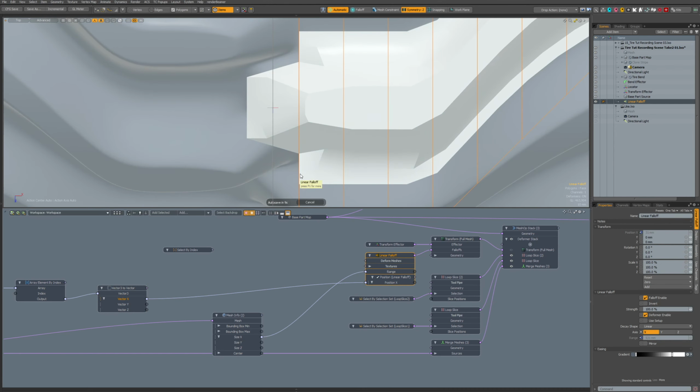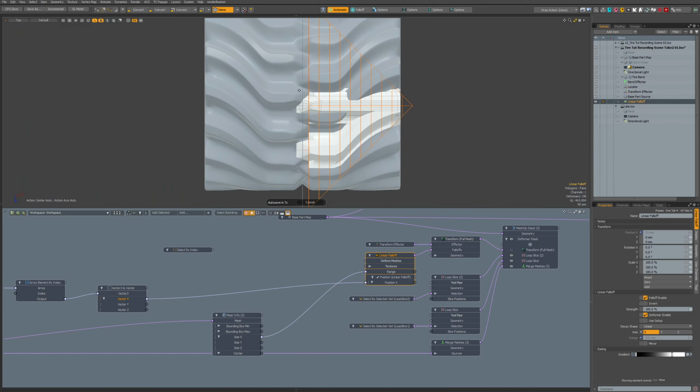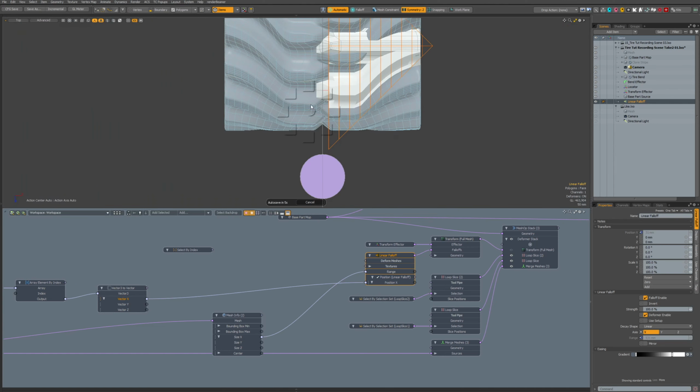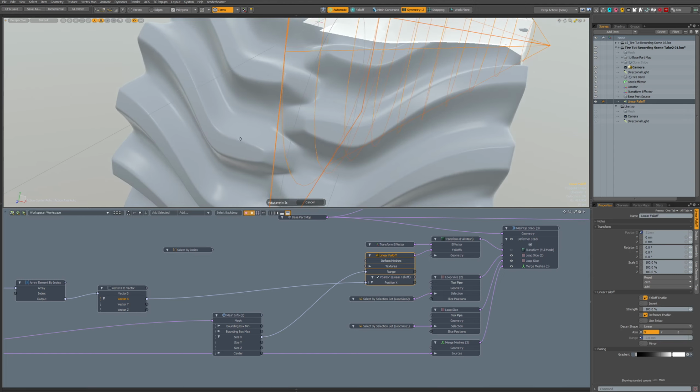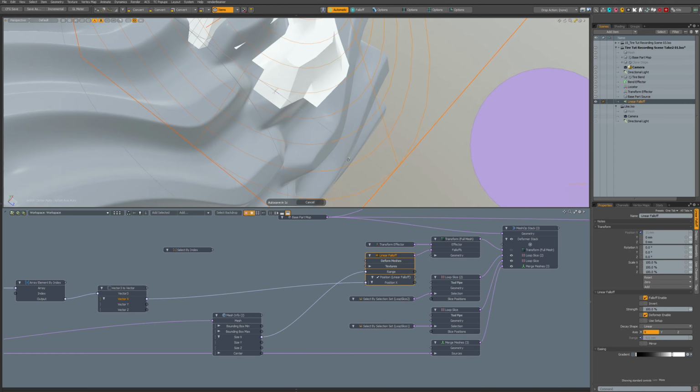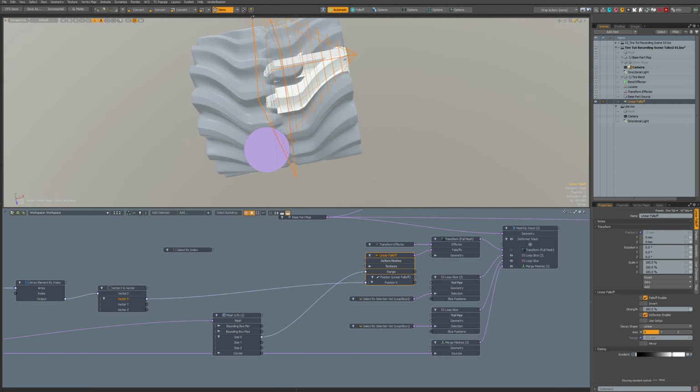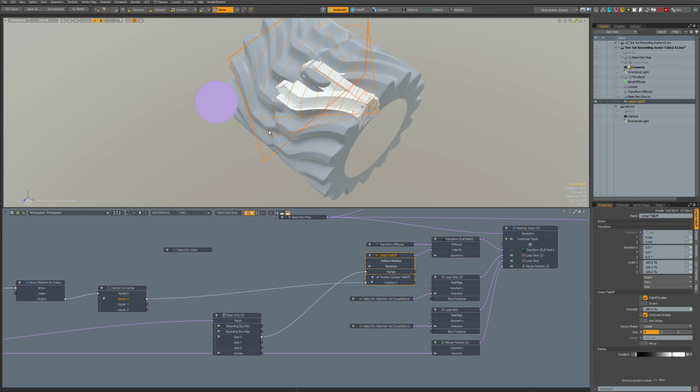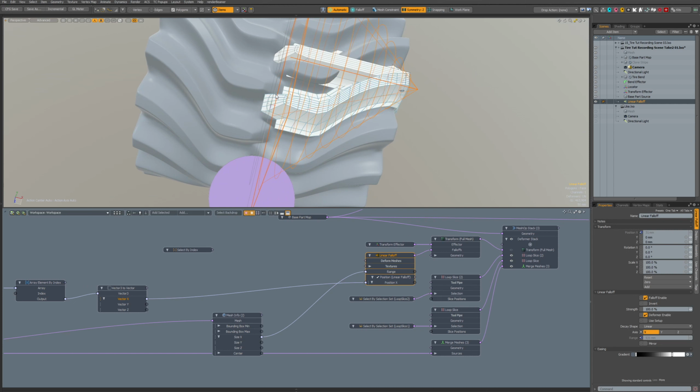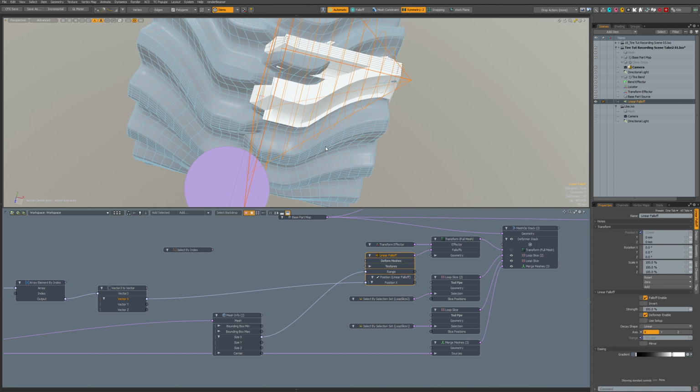So yes, now it's in place. So when it deforms this part, it won't deform the part that should stay as it is to be symmetrical.